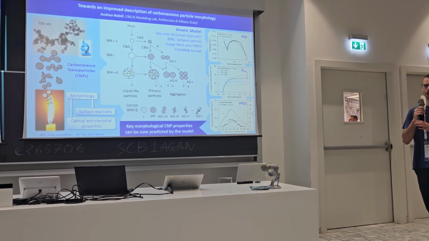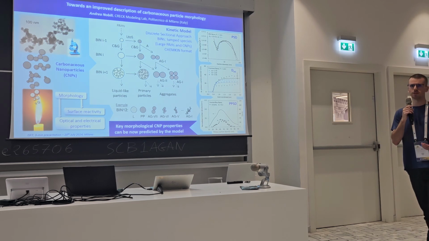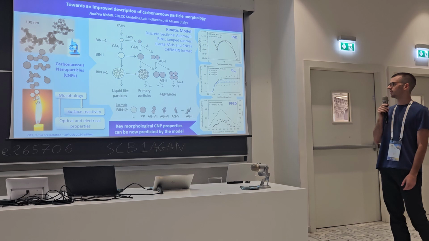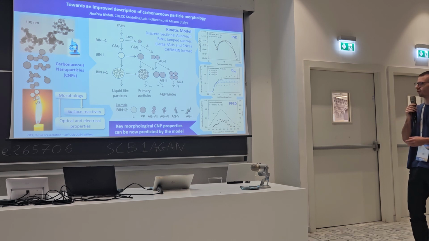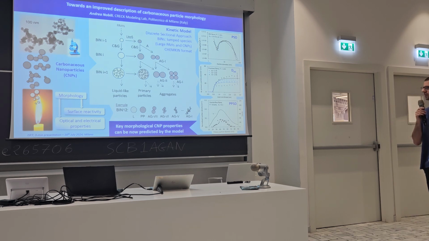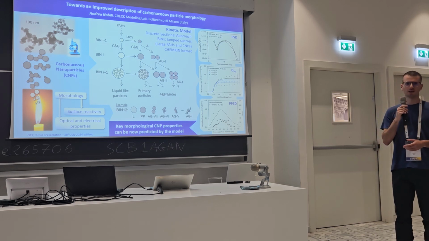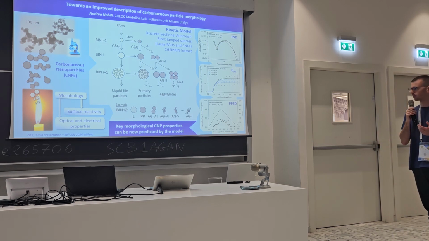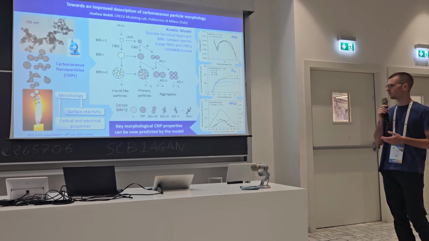Now, how can we model these complex formation processes and morphology behind the carbonaceous nanoparticles? We use the discrete sectional approach in which we consider bins as lumped single species. They can have a defined mass but different shape and nanostructure, where for instance liquid-like particles formed from gas phase precursors, the PAHs, primary particles that have a more ordered structure, and fractal aggregates that are constituted by different size primary particles. So with this approach, for instance, if we take one of these bins, bin 12, with a fixed